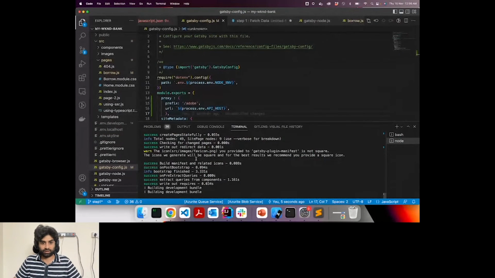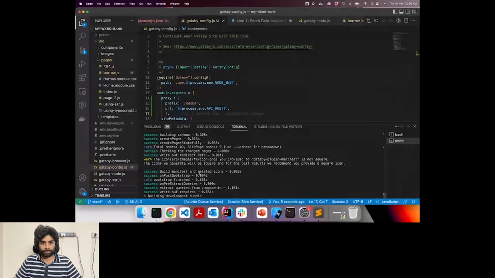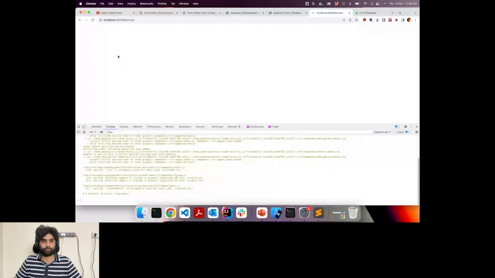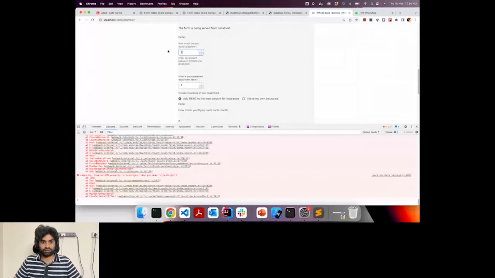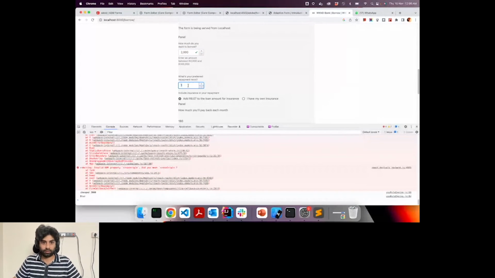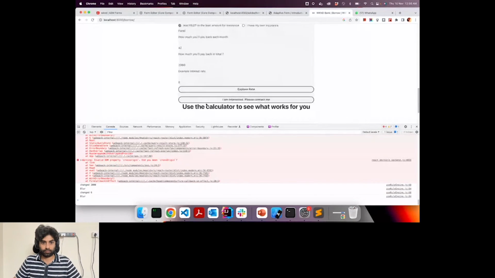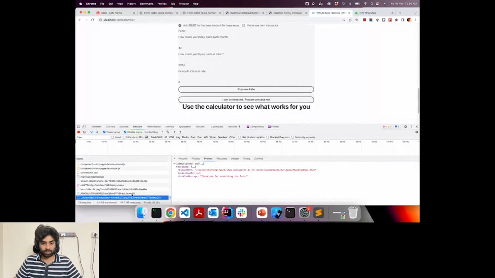It's still building. Yeah. So now if I click on I'm interested, the data and the network call will go through. You can see your network call has gone and you have received a response.